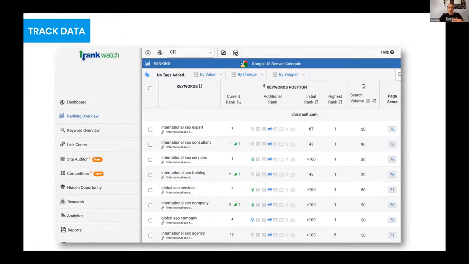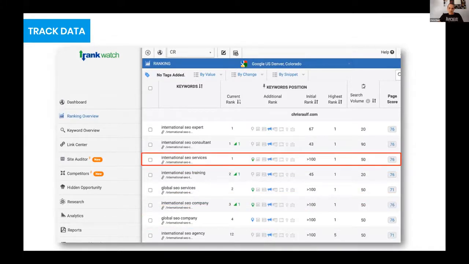And then, if you do international SEO or SEO for your clients, make sure that you track the rankings of your keywords for your clients. This should be an ongoing effort where you help them create blog posts, optimize them into whatever target languages they go into, and then keep track of those rankings of the target SEO keywords. An awesome tool that I can recommend is RankWatch. There are many tools out there that you can use for that exercise. Here we go, international SEO services. We made it to the number one spot. Took a little bit of time, but it's well worth it.